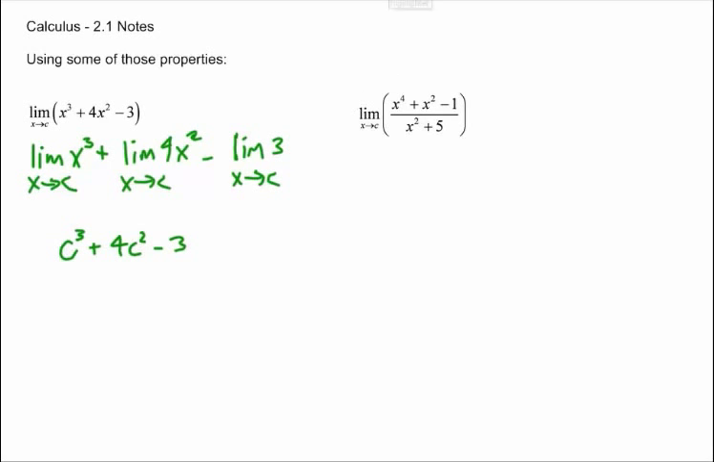Well, what about a different problem? That's just adding and subtracting, you might say. What about if I have division? It's the exact same steps. So we're going to look at the limit as x approaches c of the same type of stuff. So we can just go x to the fourth plus x squared minus 1, divided by the limit of x approaching c